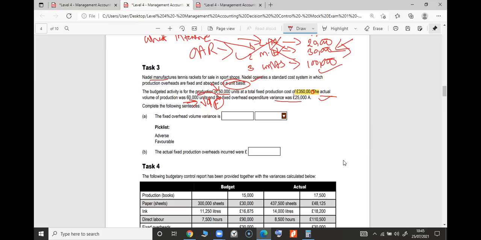But expenditure variance already, they said 25,000 adverse. So if your budgeted is 350,000, how much did you spend? Such an easy question. Thank you, Omid. That should be the correct answer. But let's get going with A, fixed overhead volume variance. No doubt the volume variance, we already said it is favorable, but by how much? How do you do it? I think Umit has done it. I'm waiting for more people's answers. How much is the favorable volume variance?